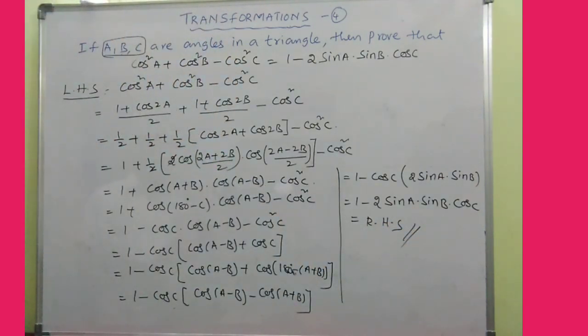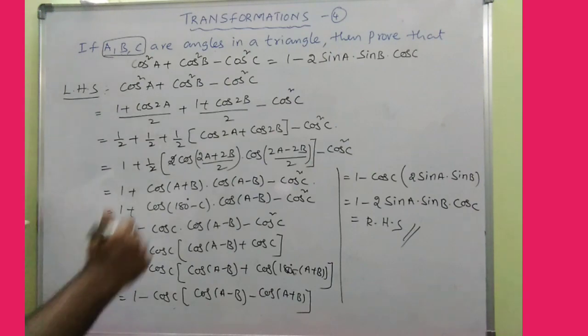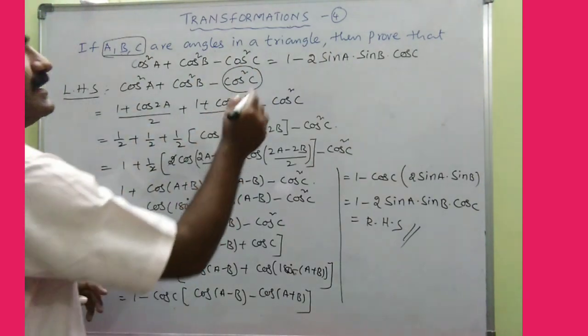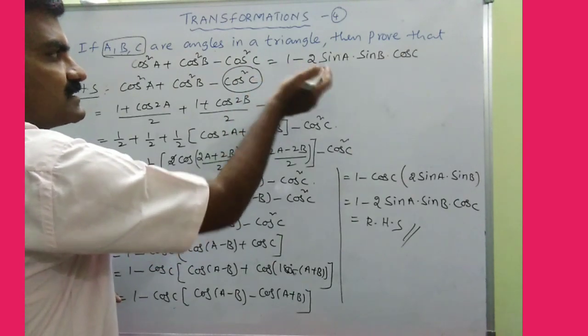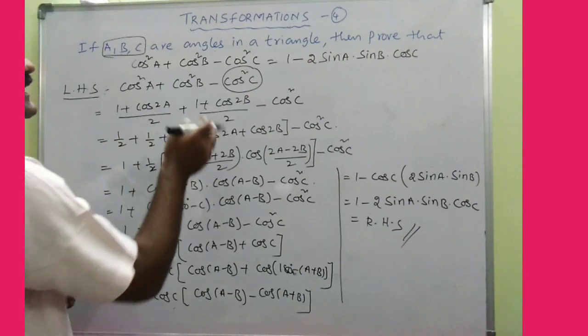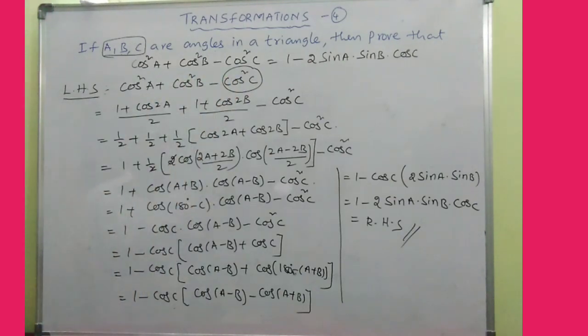So don't worry, you can also try this question in the previous method, but not directly. Do one thing, in the place of cos square C, you can write 1 minus sin square C, then 1 you can bring completely out, then cos square B minus sin square C, you can simplify. If not, you can also do it in this way.